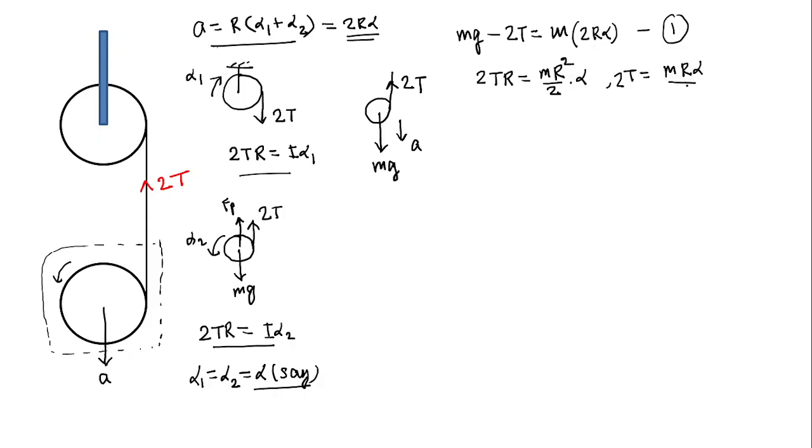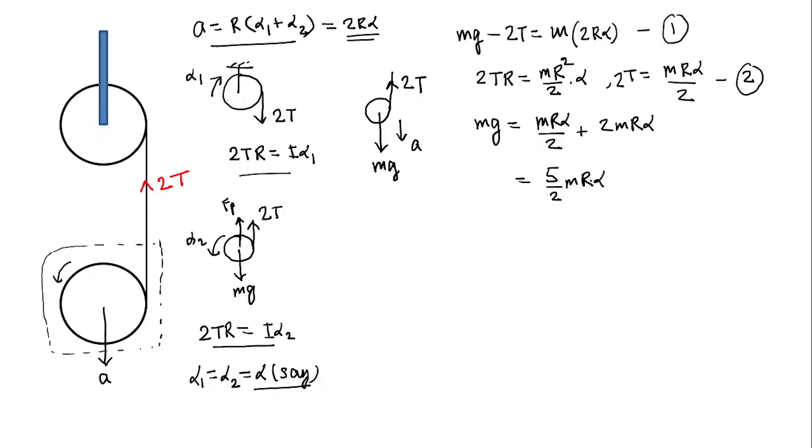Mr alpha by 2. This is the second equation. So you simply put the 2 in 1. So you get what? mg is nothing but 2T plus 2T is what? Mr alpha by 2 plus 2 mr alpha, isn't it? This means what? It is 5 by 2 times